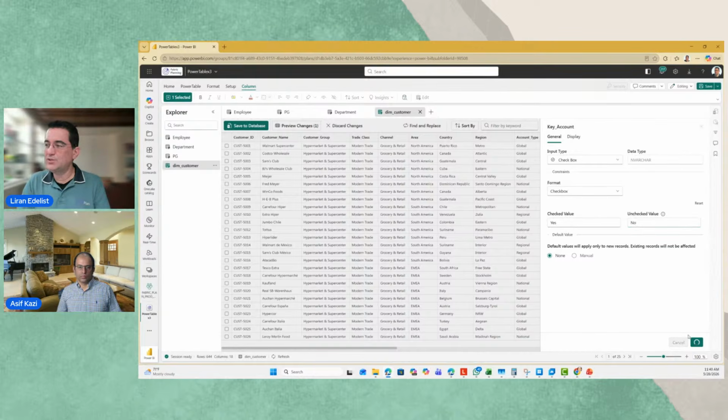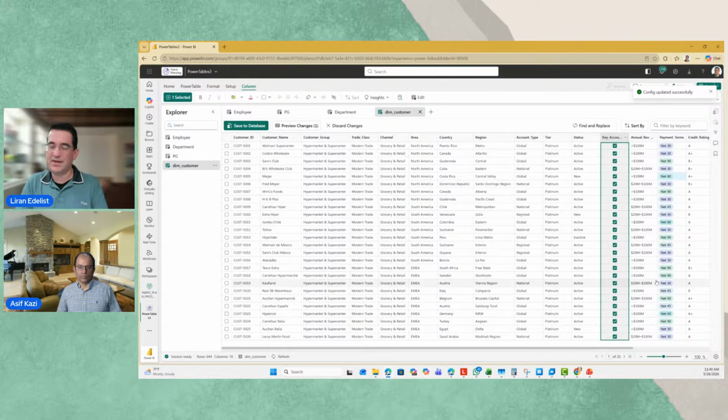I'm saving that, so I can very easily take a table that looks ugly and requires manual checking and auditing, and create a very nice user interface that is audited. Now no one can put in a payment term that I'm not accepting. The other piece is that I don't need to give access to this whole table to everyone.